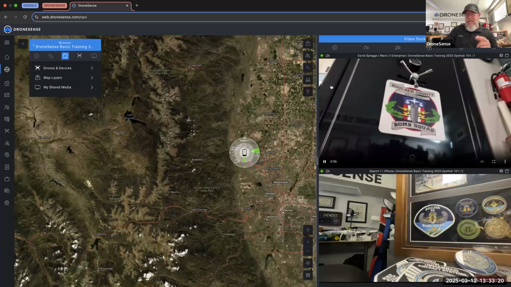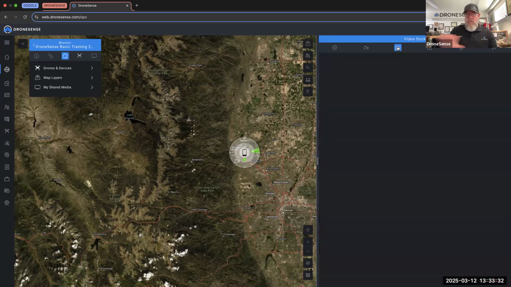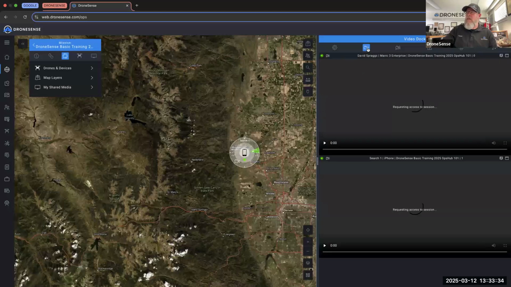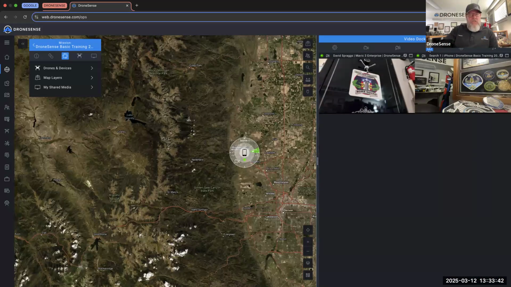And then you have the ability to hide the FPV video as well on an asset like an M30 that has that. In this case, we could basically make the video go away right there. If we just want to clear that video dock right here, we can click the camera icon again just to bring those back if there was any need that you wanted to do that. Here we can add a column here. So if we had 4 or 6 or 8 video feeds coming in, that would be the play